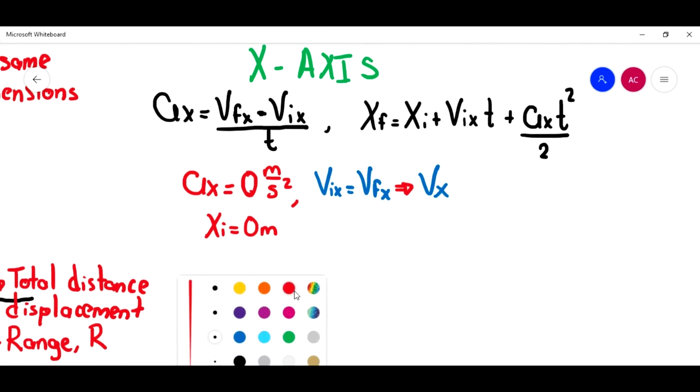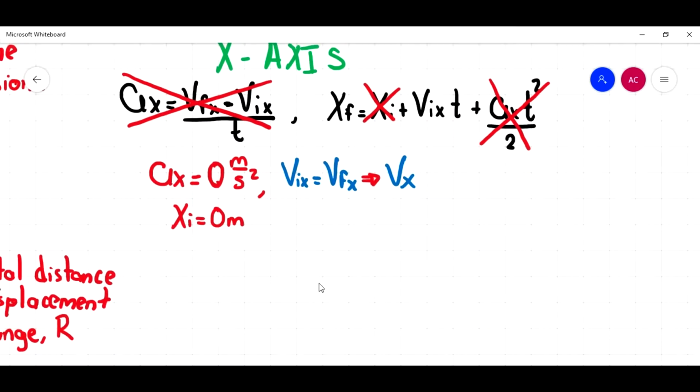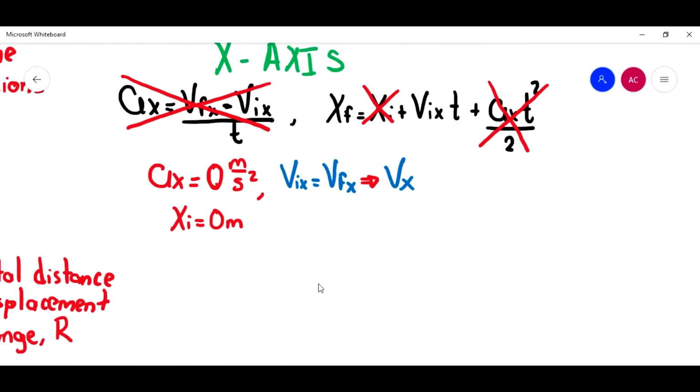If the acceleration in x is 0, I can cancel this whole equation. And the initial position I'm going to cancel because that's 0, and acceleration is also 0. So the only equation that I'm going to use is x equals the velocity in x that multiplies